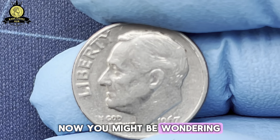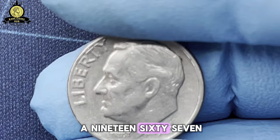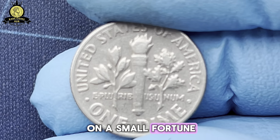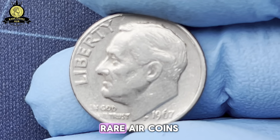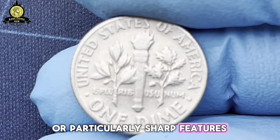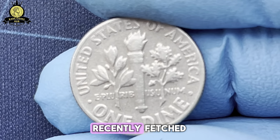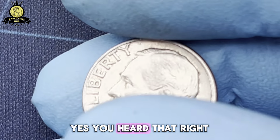Now, you might be wondering, what is the current value of this coin? Well, if you have a 1967 USA 1 dime in excellent condition, or perhaps one with a rare minting error, you could be sitting on a small fortune. While most 1967 dimes are worth only a few dollars, rare error coins, especially those with significant flaws or particularly sharp features, can reach impressive values. In fact, a 1967 dime with the right characteristics recently fetched an astounding $145,000 at auction. Yes, you heard that right,